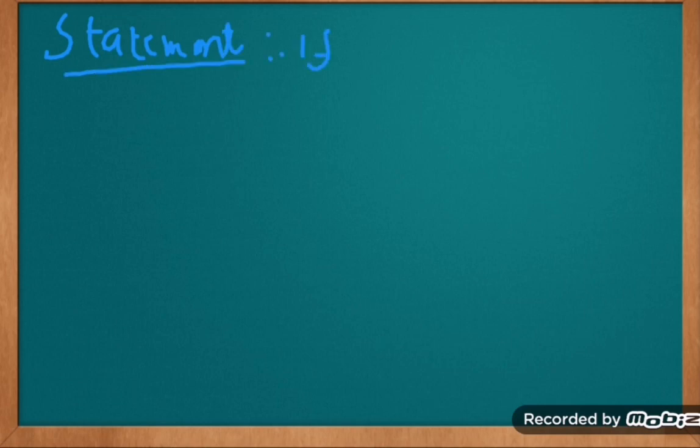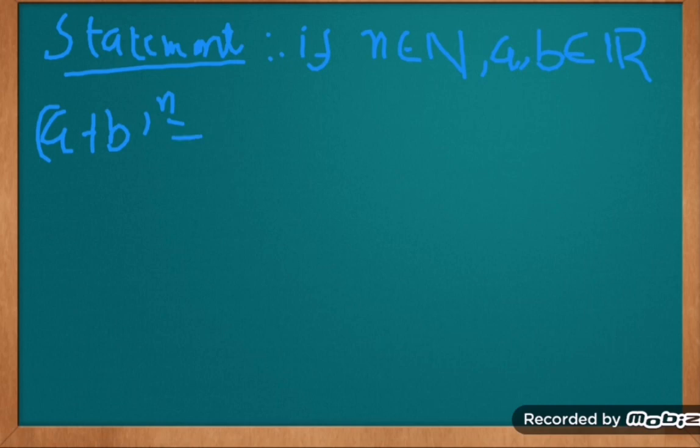If n belongs to the integers, and two numbers a, b belong to the real numbers, then (a plus b) whole power n is equal to combination n0 a power n minus 0 b power 0